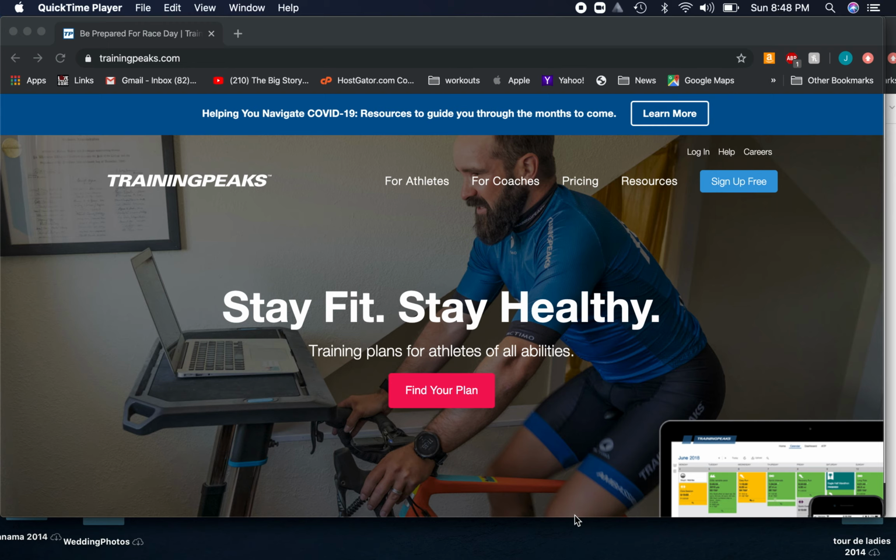So when you go to the TrainingPeaks website right here, trainingpeaks.com, you'll get a screen that looks like this. This is where you're going to log in. You can also download the TrainingPeaks app to your phone, and you just go to the App Store and get it. It's free. And log in with all your login information,